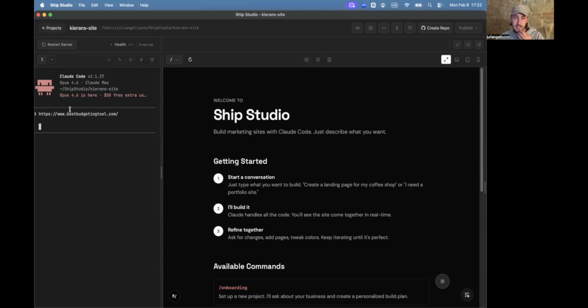So what I'm going to do here, and this is, I would say, really the secret sauce in this method, is I'm not going to send this and say, rebuild the site, make no mistakes, as everyone likes to joke about. I'm going to say, go through the site, document the site, make notes about how the site communicates, what it does, what the product is, the colors, everything, and save that in documents for yourself to reference as you're building it. That is going to set the stage for this entire project to go so much smoother.